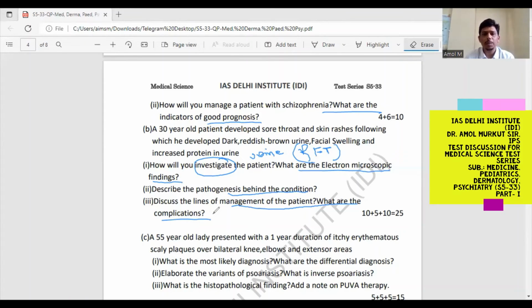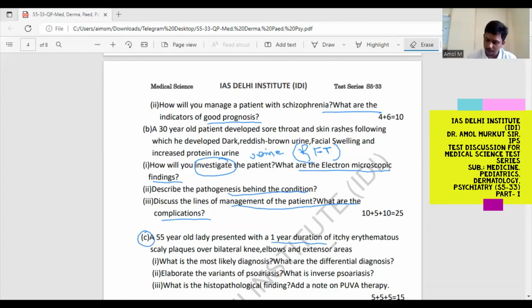Okay. Complications. There are many complications. It can proceed to renal failure. It can proceed to uremia. Then complications of uremia such as uremic encephalopathy, myopathy, cardiomyopathy. Then malignant hypertension. Then severe edema. These all can be complications of post-streptococcal glomerulonephritis. The next question is a 55-year-old lady presented with 1 year duration of itchy erythematous scaly plaques over bilateral